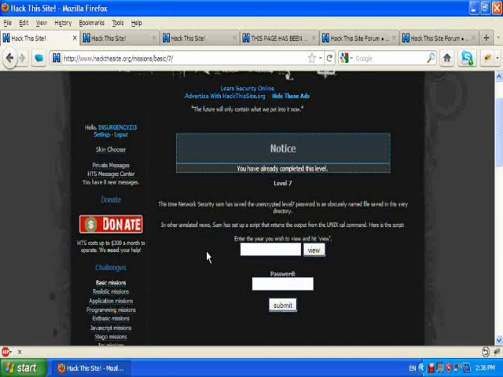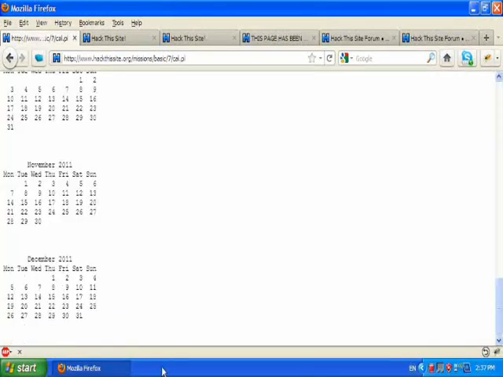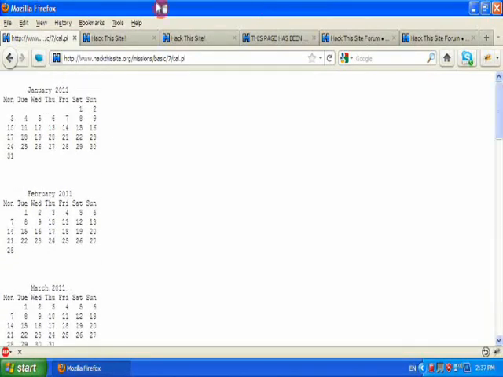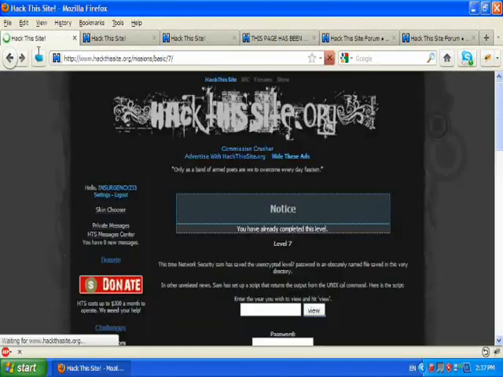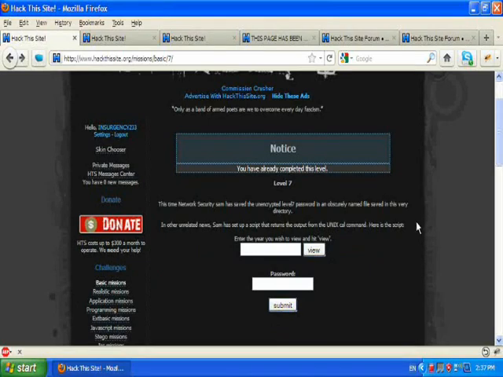So this thing right here is in the form of a calendar. If I enter a year, say 2011, it'll show me the calendar for the year. But now I have to use Unix commands to try and find the password. There's the Unix command ls, which lists stuff in the directory. So if I just did that,